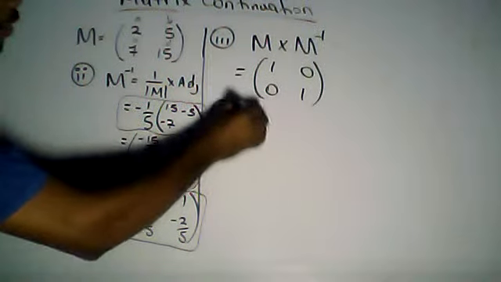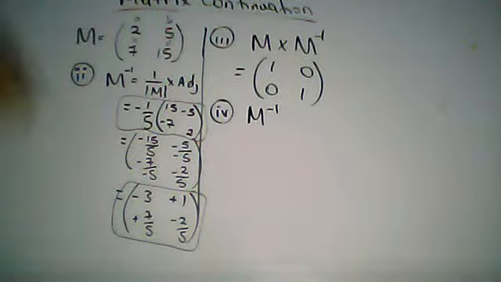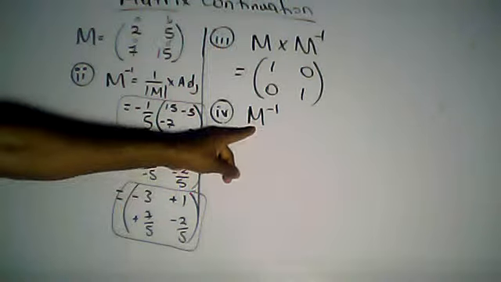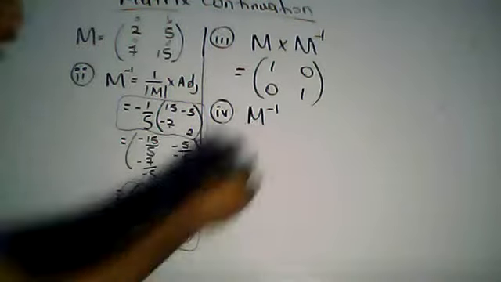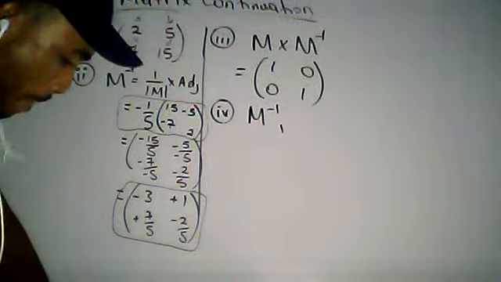After by, you're going to write M inverse. So what they want you to do is to multiply a matrix equation by the inverse of the matrix. So after writing down this, they have comma